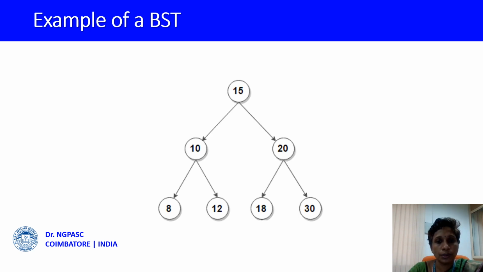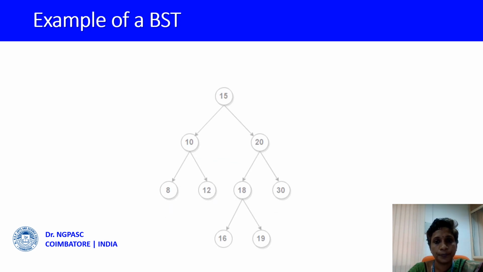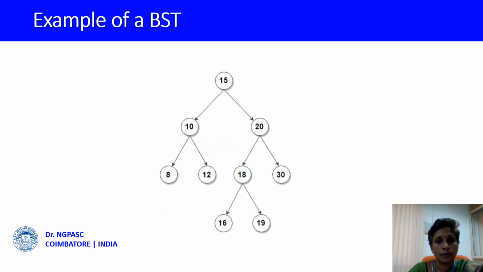So here, moving to the right side of 10, we have the node 20, and expanding that node, we have left side 18 and right side it is 30. Once again, this satisfies the binary search tree by the condition that the left side is 18, which is less than 20. The right side is 30, which is greater than 20. This shows the expansion of the same tree, the example.